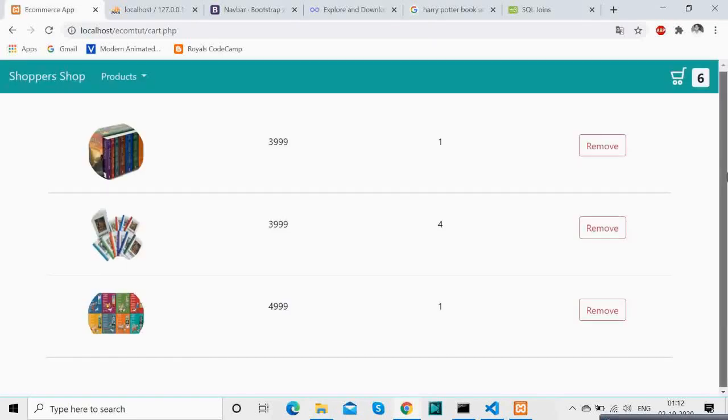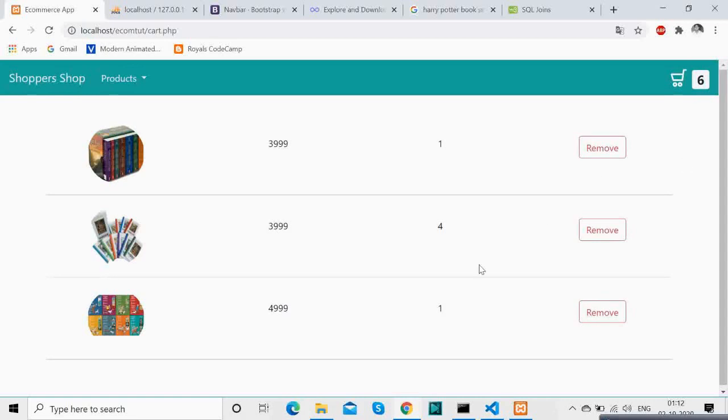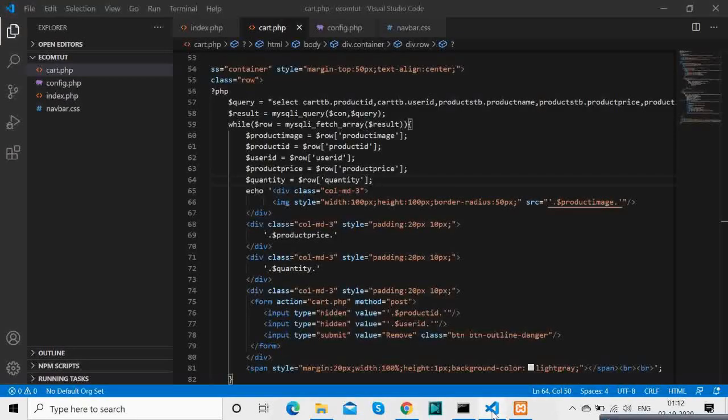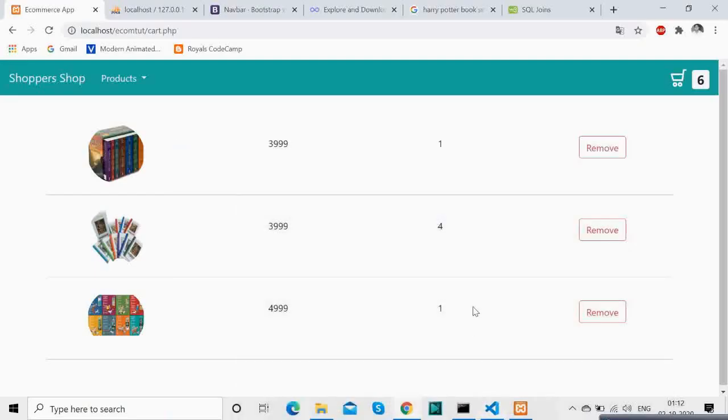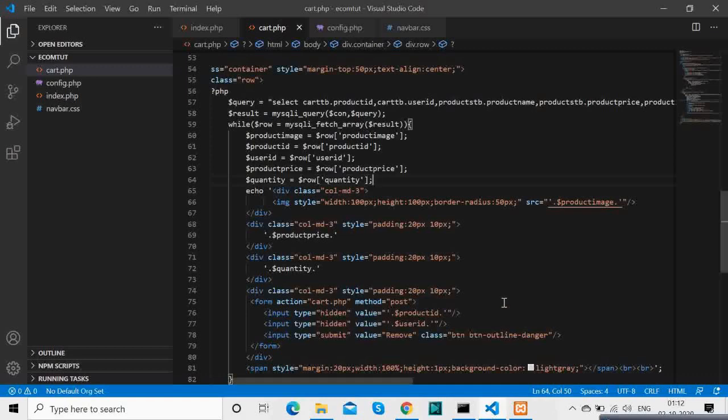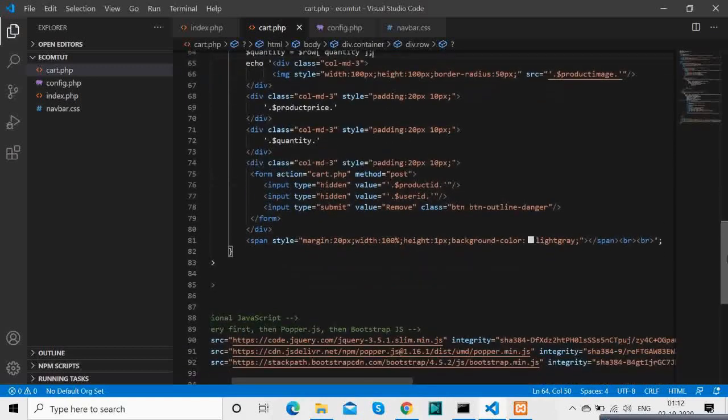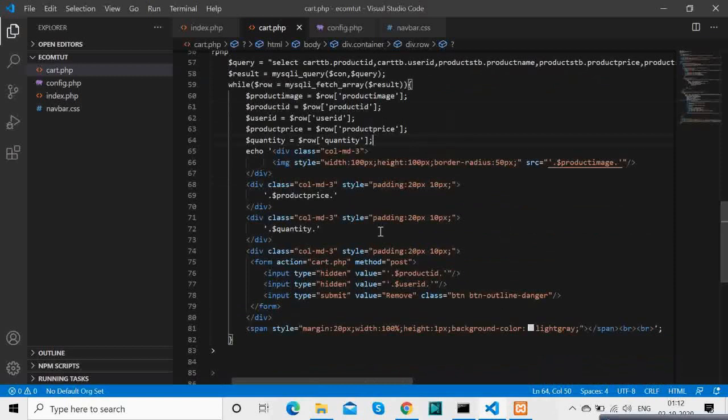So now we have the quantity. But what we'll be doing also is having that quantity as editable, so that obviously you can edit the number of things you want.